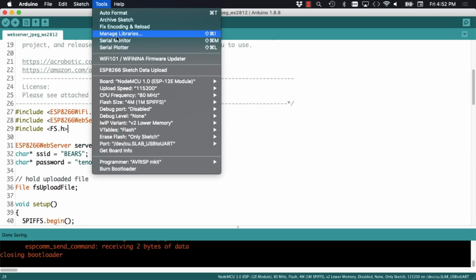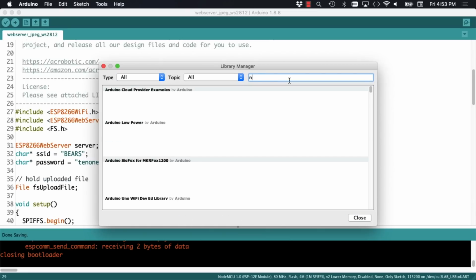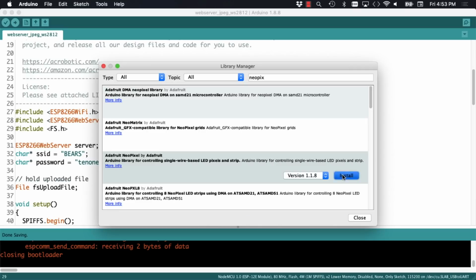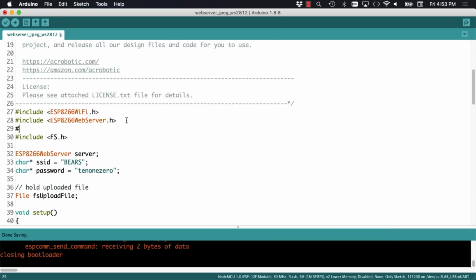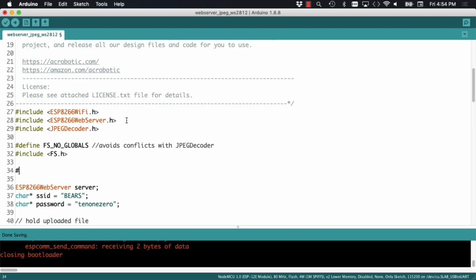To do that, we'll need a couple of libraries. The JPEG decoder library to decode the images we're going to be uploading, and the Adafruit NeoPixel library for controlling the LED matrix. We'll include the JPEG decoder library and use a define statement to avoid some conflicts that this library creates with the file system library. We'll also include the NeoPixel library